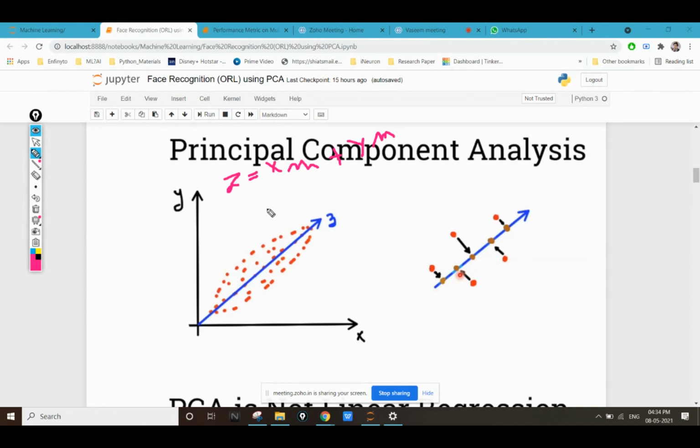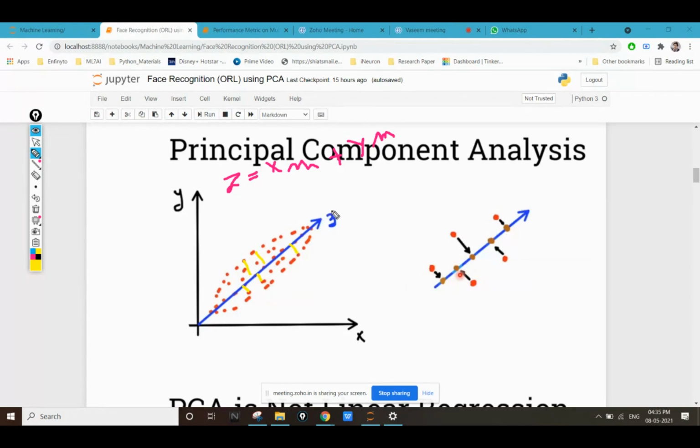So in this case, what we are trying to do is project. These are my red points. For all the red dots which have some values of X and Y, we are trying to draw a perpendicular on the Z axis, so that we can get a projection of both the X axis and Y axis on this Z axis. If we are seeing from this end, we are going to get the projection of all these points on the Z axis. And if we are seeing from the bottom end, we are going to see the projection of the bottom points on the Z axis.